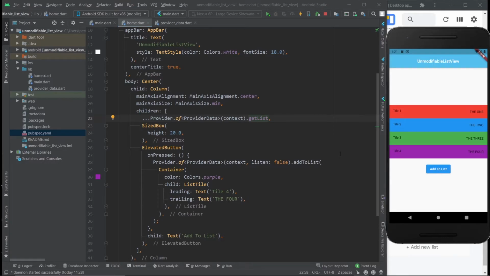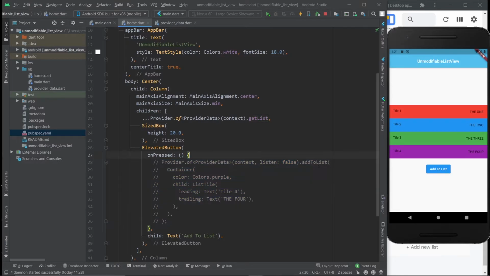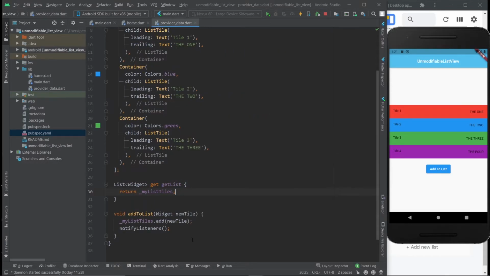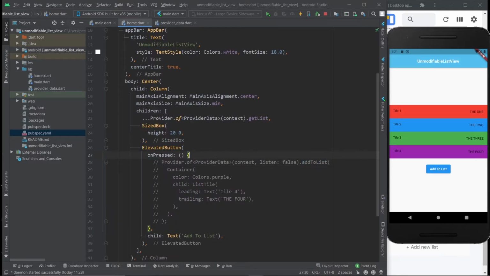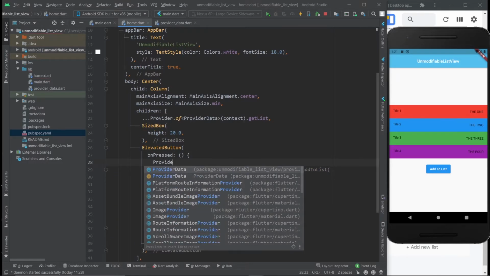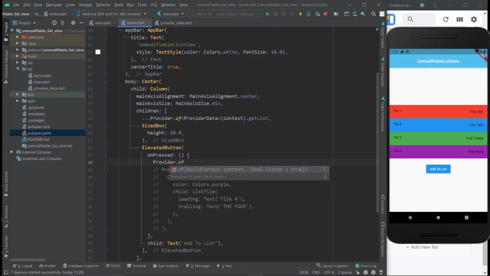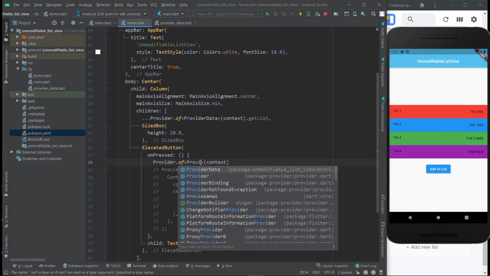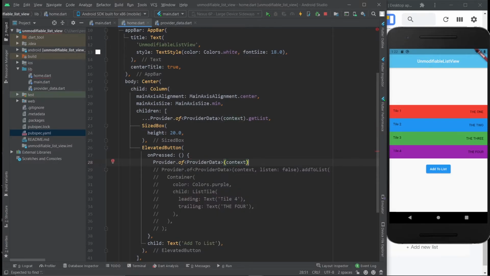All is good. However, imagine that further along in your app creation, you run into the same part. You need to add to the list through a button, and you just happen to forget about this. You completely forgot you had to use this method right here. I'm talking about this one. And so you just do the same thing that you did before. The same mistake. Because it's been a few days or maybe a week and you just forgot about it. It's perfectly normal. And you're like, okay, get list. Maybe you named it differently. Maybe you didn't name it something so obvious.